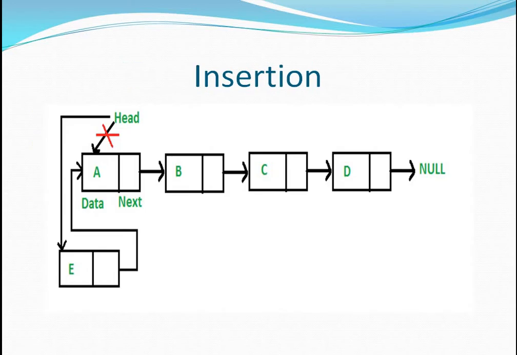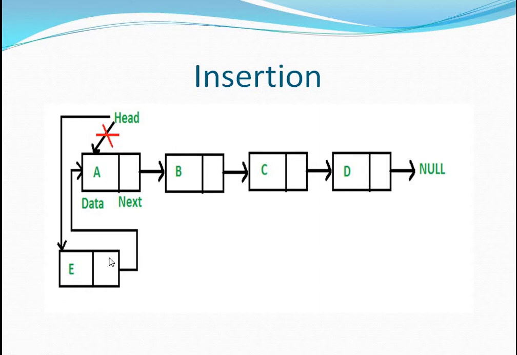Now first we are going to see insertion at the front of the linked list. As you can see, previously this was your linked list which was having nodes A, B, C and D, and in front of this A node I am going to insert another node with a value of E. So this is the new node which is being inserted, and I have put a red cross here, because previously my first node was A and my head pointer was pointing to it, but now I have to insert one node before A.